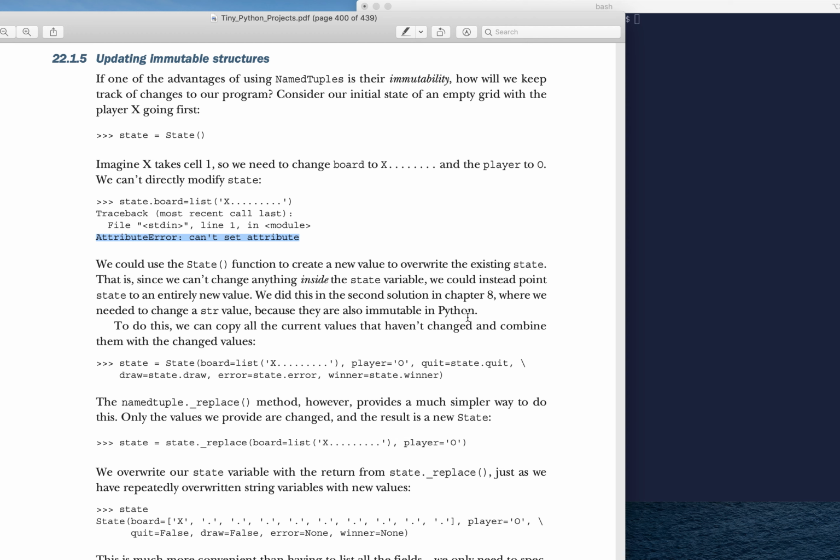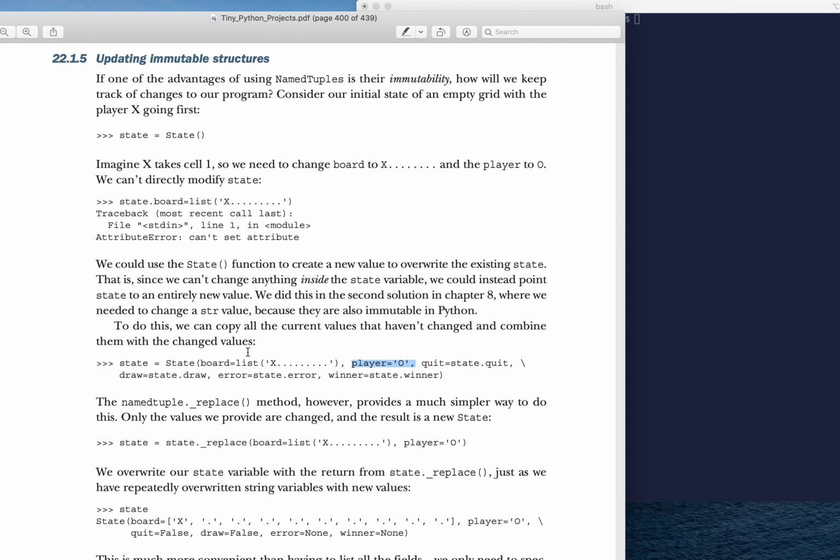So we're going to have this variable called state, and we're just going to simply set state equal to a new value, where, for instance, we could say state is equal to a board where it's now set to this new list. This is the new value for the board, and we're setting the player equal to O, pretending here that player X has gone first and is taking cell 1.